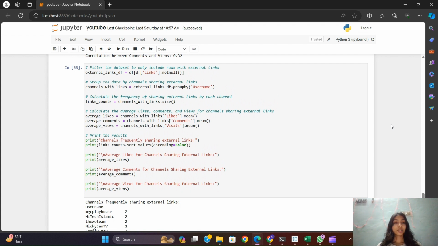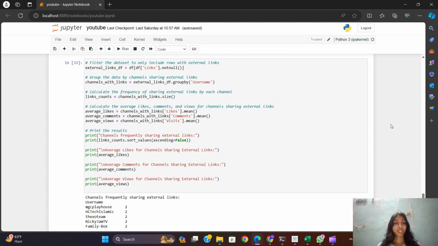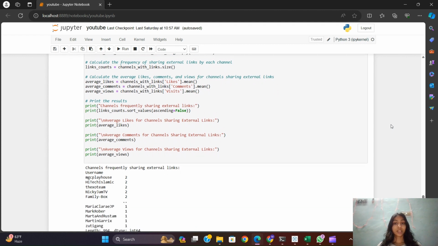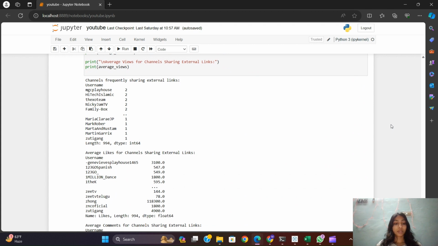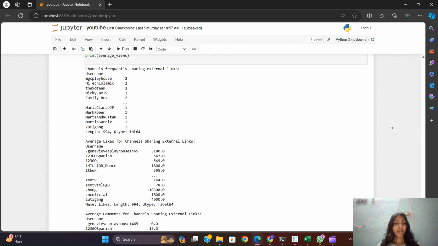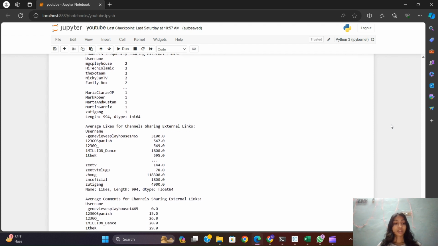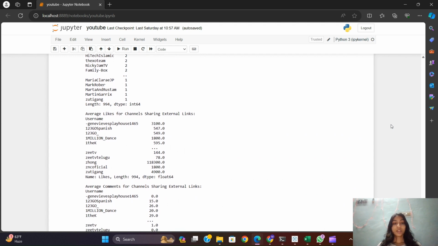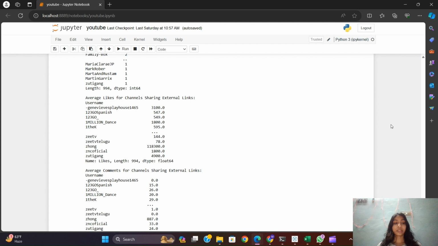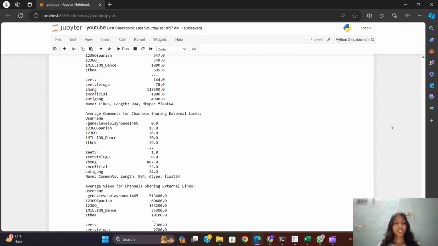So here we filter the dataset to only include rows with external links, and then we group this data by channels sharing external links and calculate the frequency of this external link sharing. And we also calculate the average likes, comments, and views for channels, which helps in the external link sharing. So here, as we can see, it filters to include only rows with external links, groups the data by channels that share external links, and it also calculates the frequency of sharing external links by each channel and the average likes, comments, and views per channel